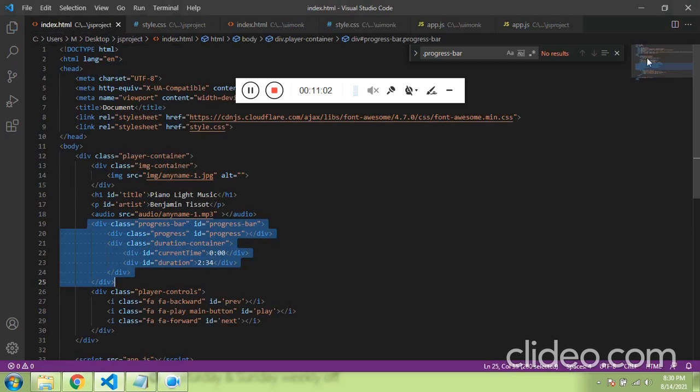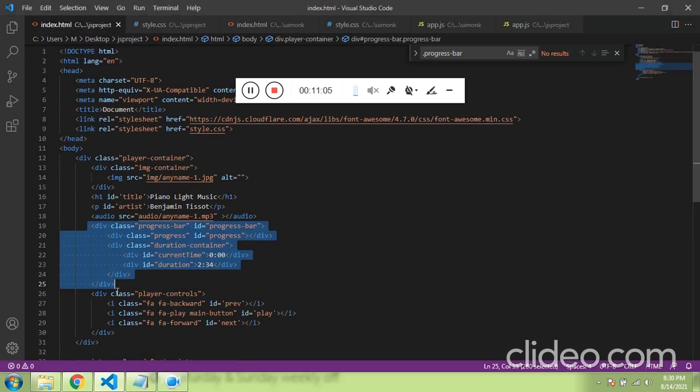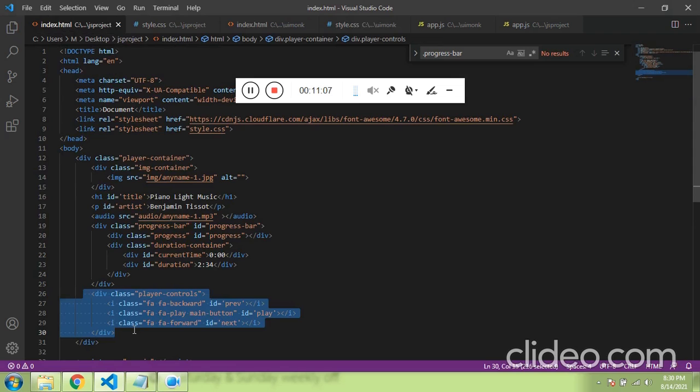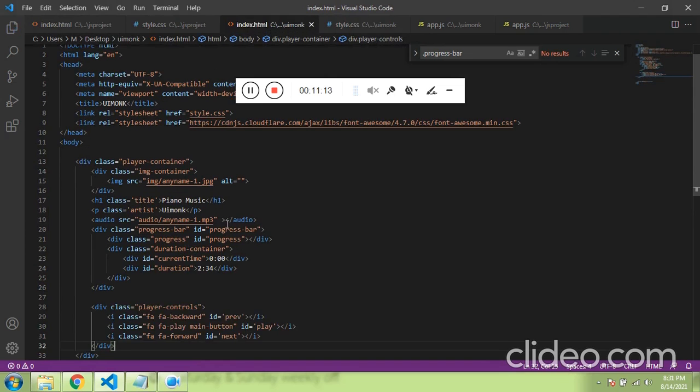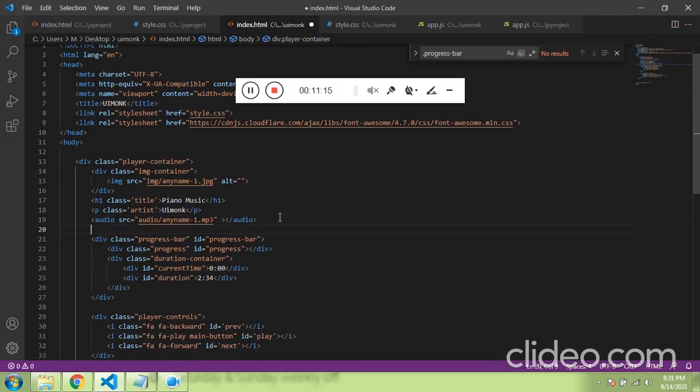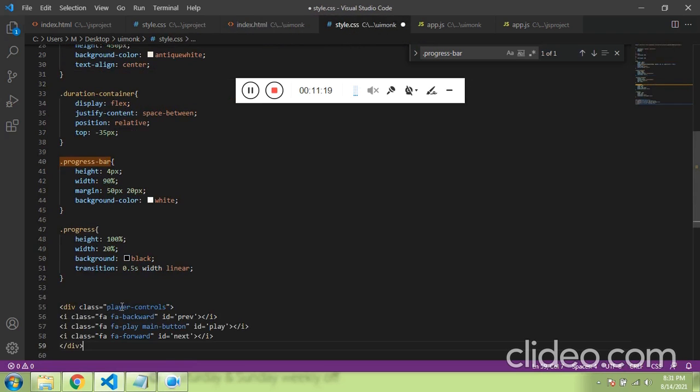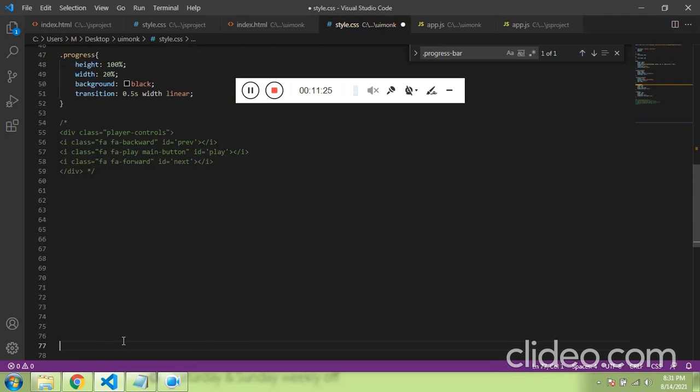So for the audio, again it's straightforward. We have a div which holds all the font awesome icons just below the progress bar. So let's copy this and have this over here. Comment this. Now you can see we have a player container.